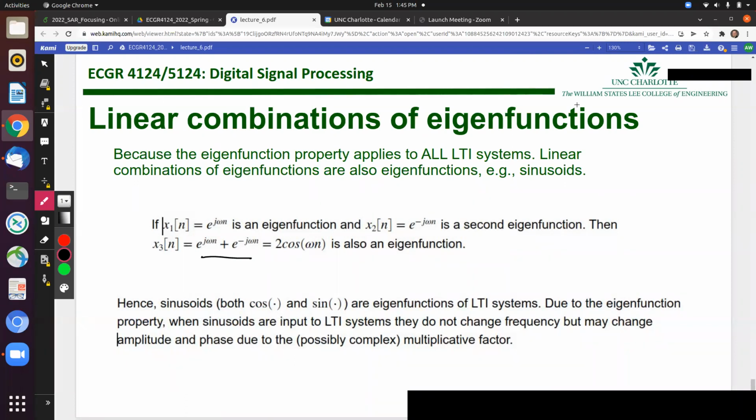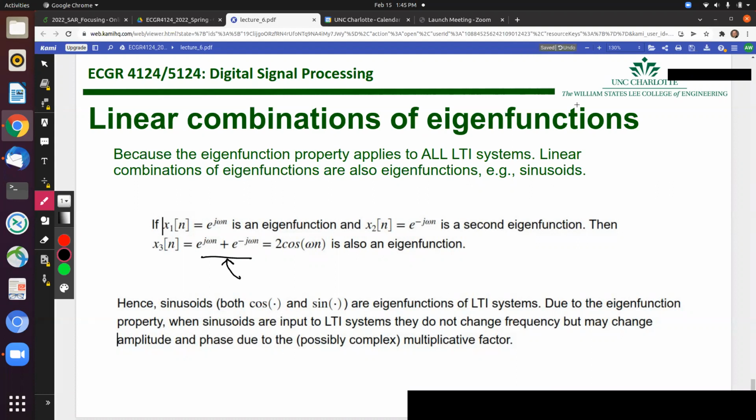We just proved that. Now, for a linear time invariant system, linearity also requires that the sum of two eigenfunctions is also an eigenfunction. If we take a complex exponential and add it to its own complex conjugate, which is what I'm doing right here,